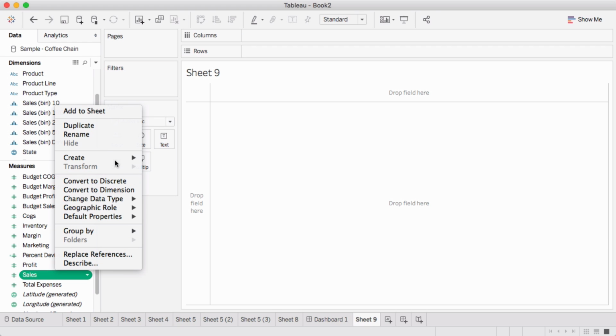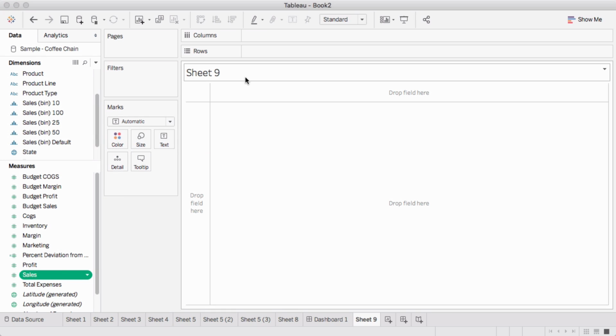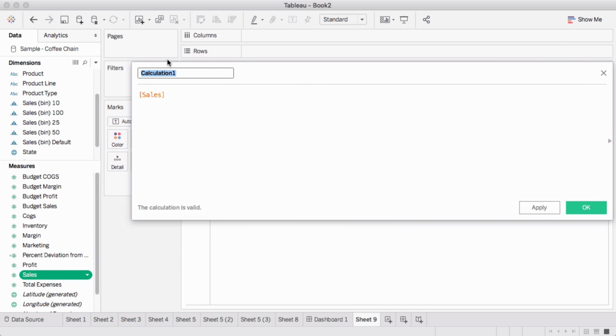I'm going to take sales. I'm going to say create a calculated field. Oh, shoot, it's way over here. And I'm going to call this custom bin. And this is really kludgy, okay? This is not terribly normal to do. If sales is less than 100, then 0. I don't need this. I'm such a creature of habit. Else if